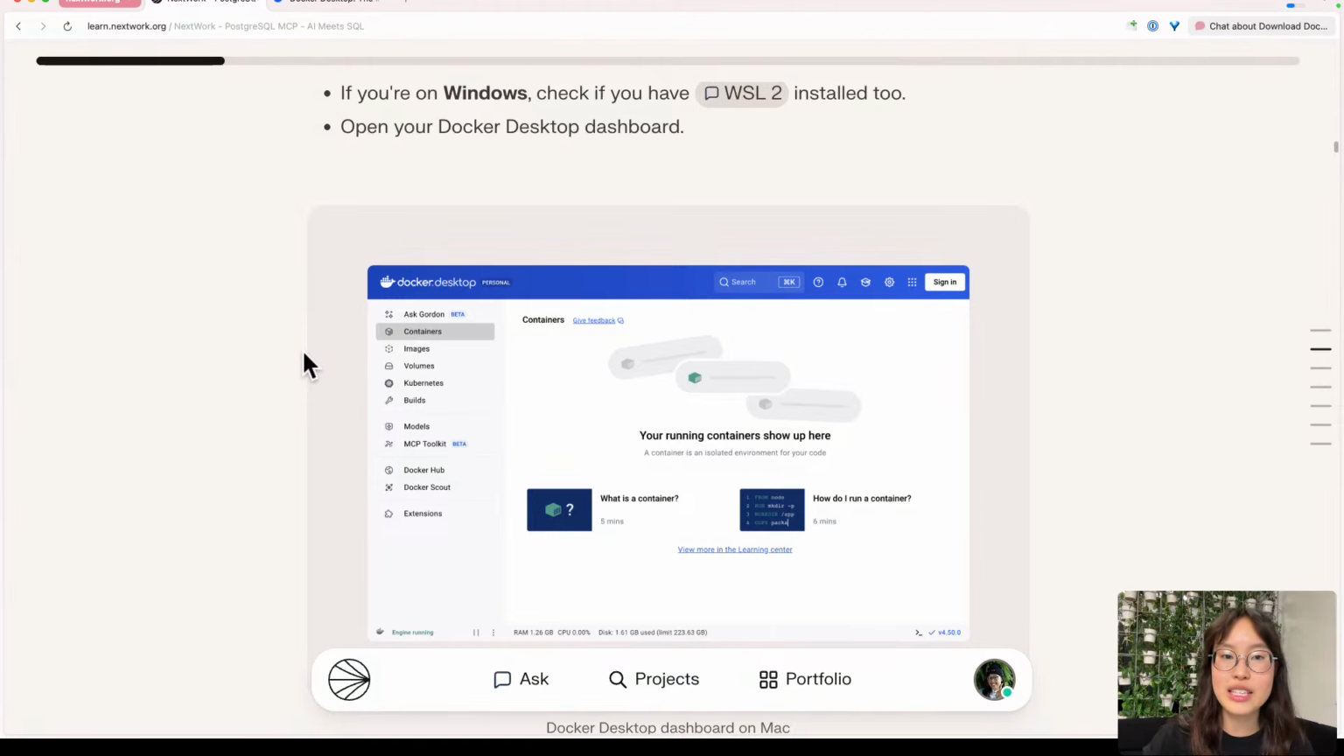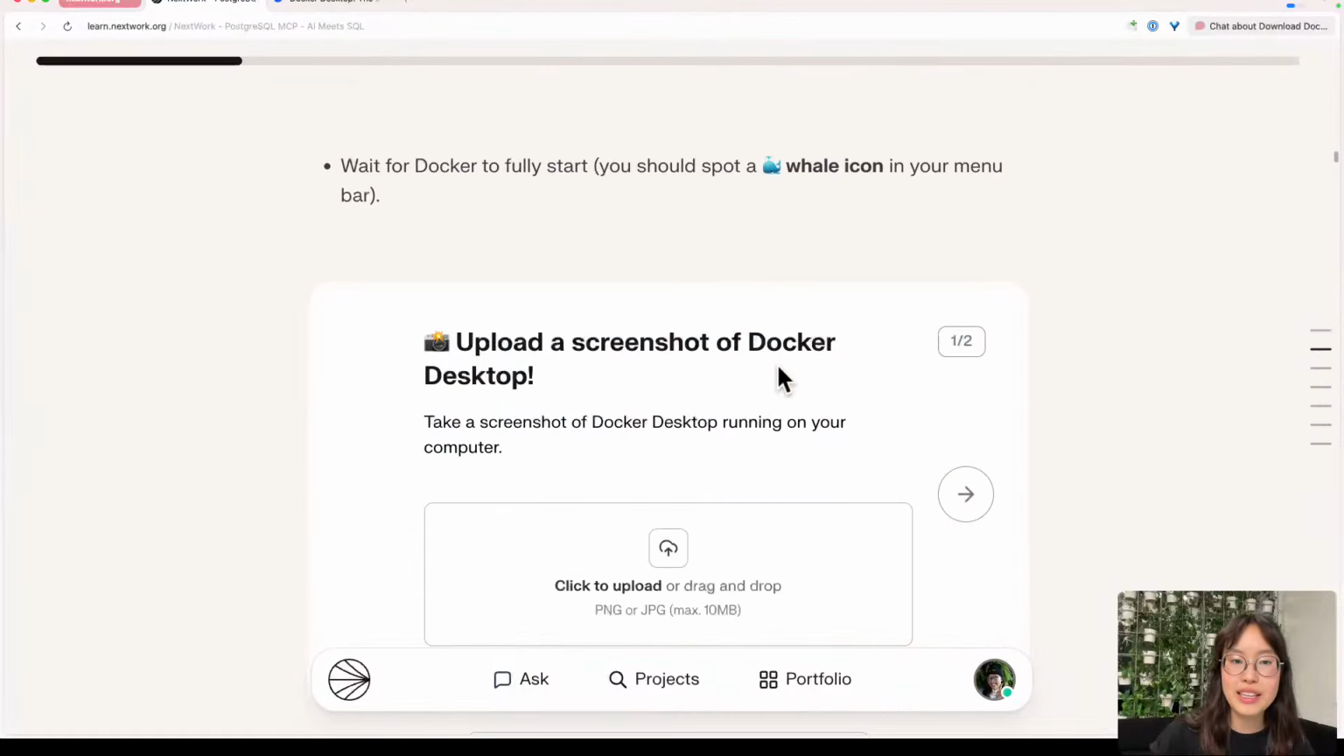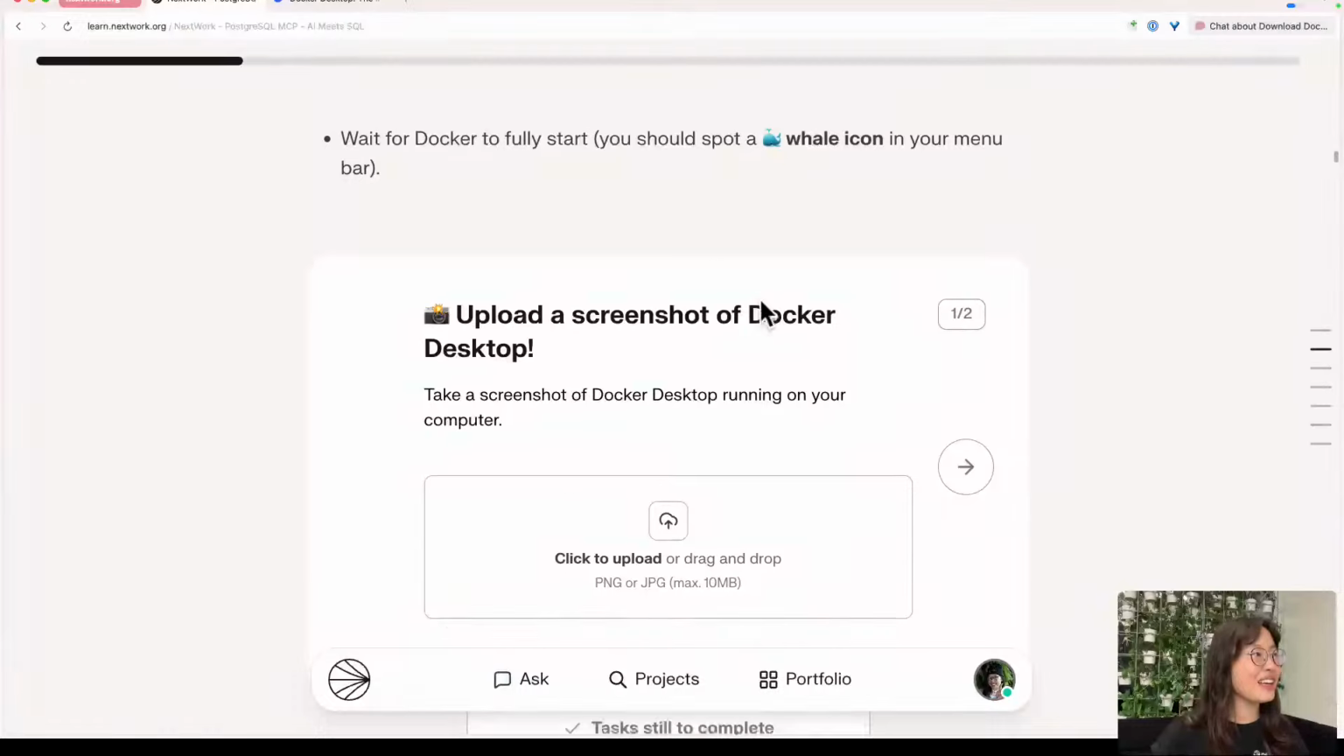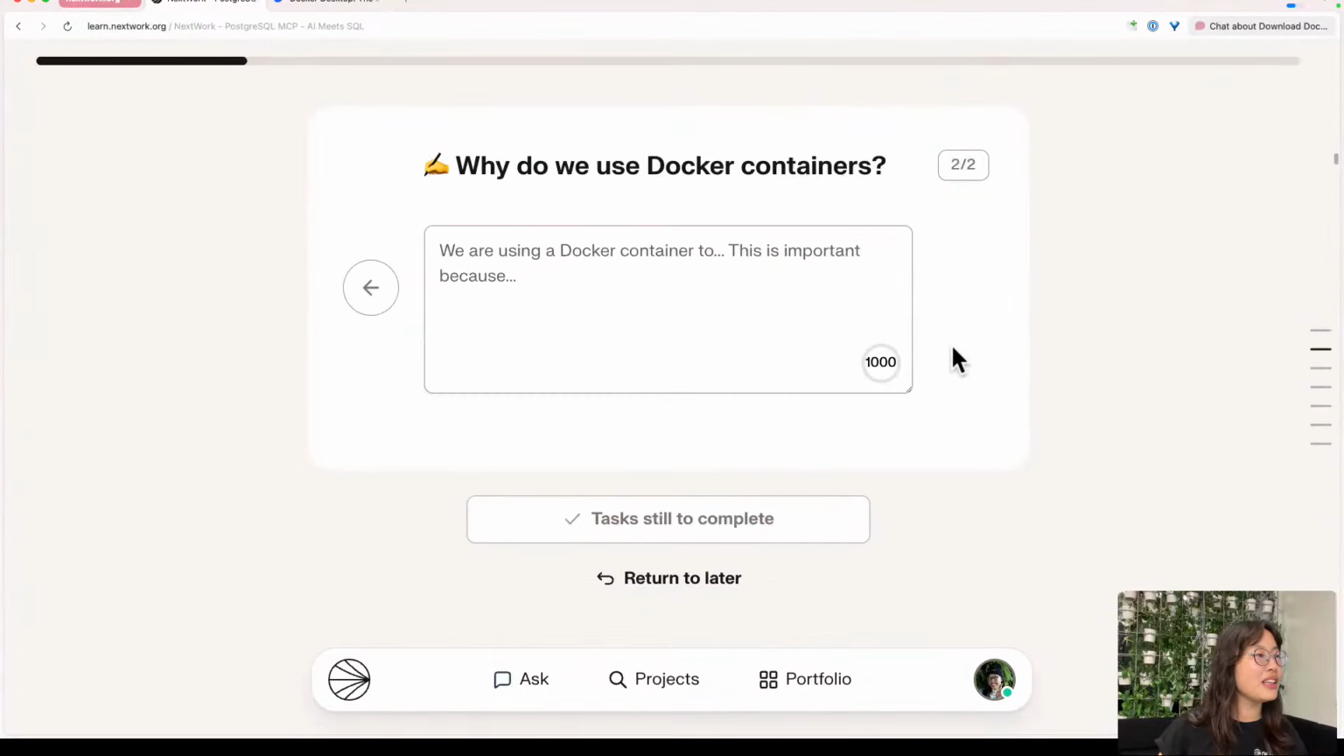So we've got our Docker Desktop dashboard that we need to open, and then we need to wait for Docker to fully start. We need to spot a whale icon in our menu bar to make sure that's installed properly. Okay, cool, that makes sense. And then we've got something on why do we use Docker containers? We are using a Docker container too. This is important because,